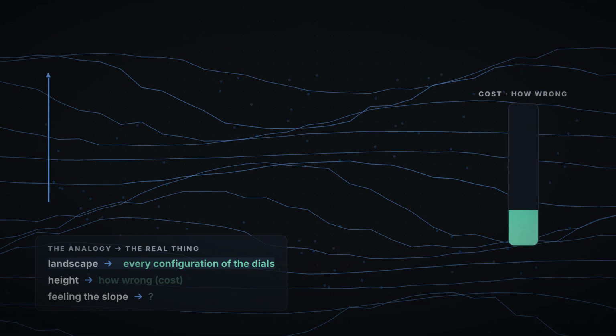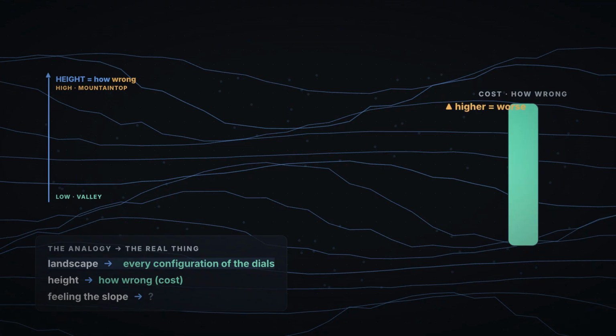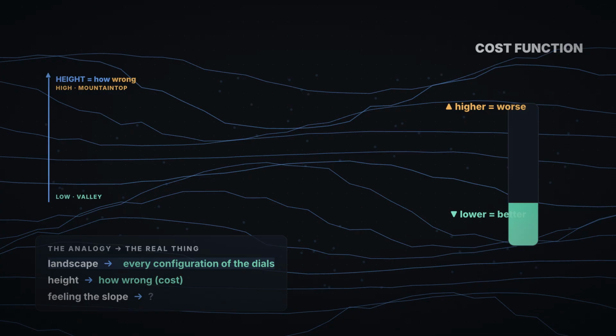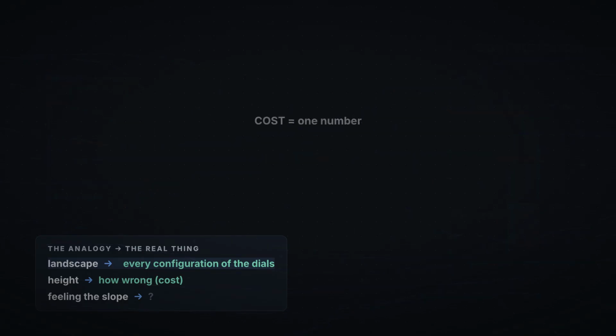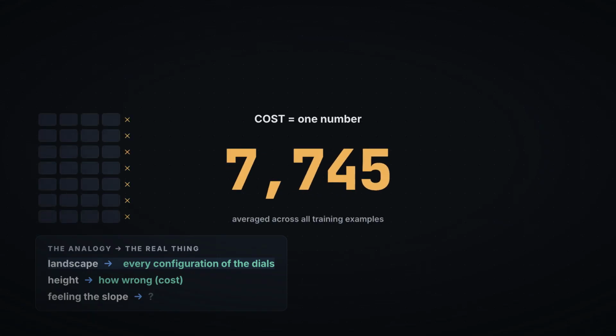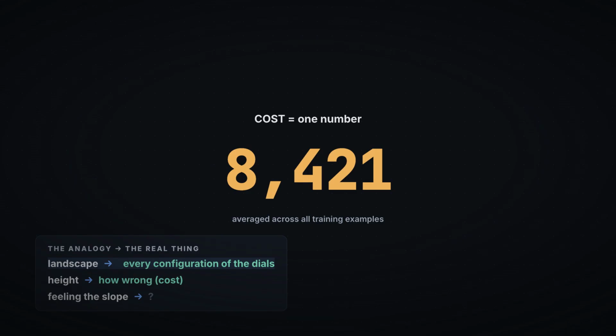And the height at any point, that's how wrong the model is with those particular dial settings. The higher you are, the worse the model is at predicting the next word. The lower you are, the better. This height has a name. It's called the cost function, or sometimes the loss function. It's just a single number that measures, across all the training examples you've shown the model, how far off